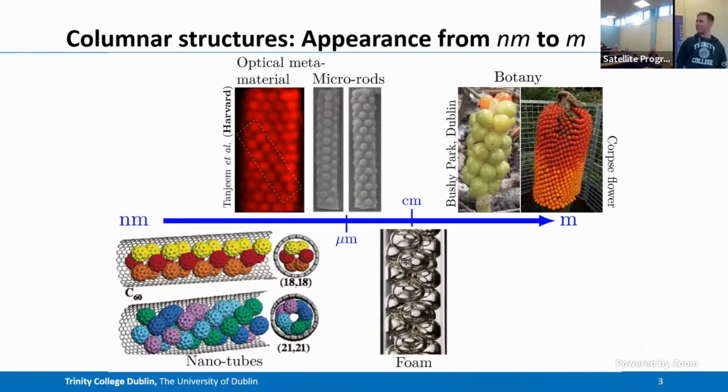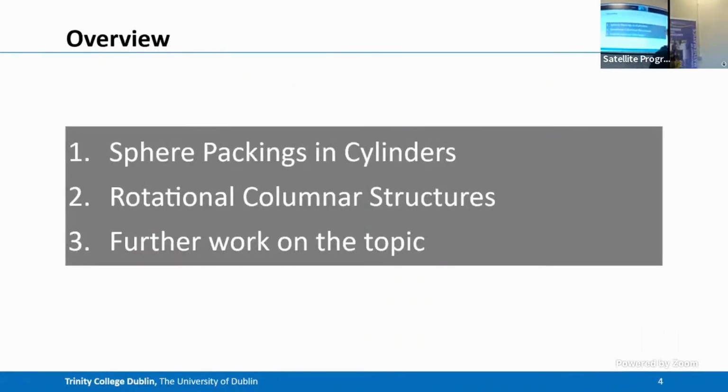All right. So yeah, this diverse appearance, or these common ordered structures across a diverse range of length scales, actually allows us to use essentially just one type of simulation to study them all. We use a very generic approach where we minimize an energy or an enthalpy function to find these structures. In this presentation, I want to cover two different